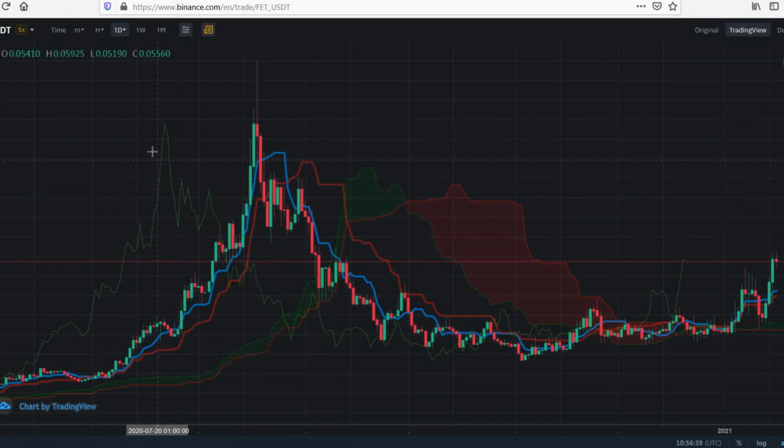Alright, so there's a very easy way to use this, and it's all about confirmation. This blue line, we call it the conversion line. This red line is called the baseline, and they all have Japanese names, but we've basically made it simple by calling these conversion and baseline, and we still call this the Chiku period line. Well, these are basically moving averages, but they're calculated in a slightly different way, so they're not as simple as basically a moving average. And by using the cloud, the cross, and the Chiku all together,